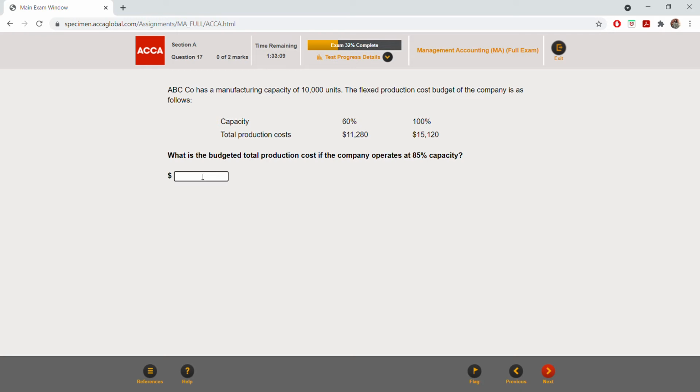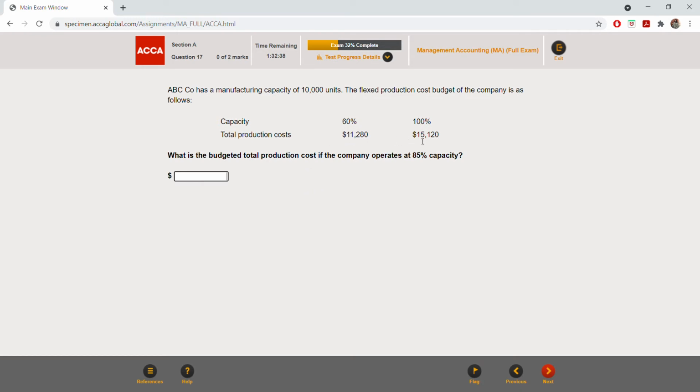What would it be? What do you have to do? When you have to do this, what do you have to use? Sometimes you have to know what method to use. You have to use the high-low method here in this case. So first find the variable cost per unit. What would be the variable cost? Just find the difference between these two